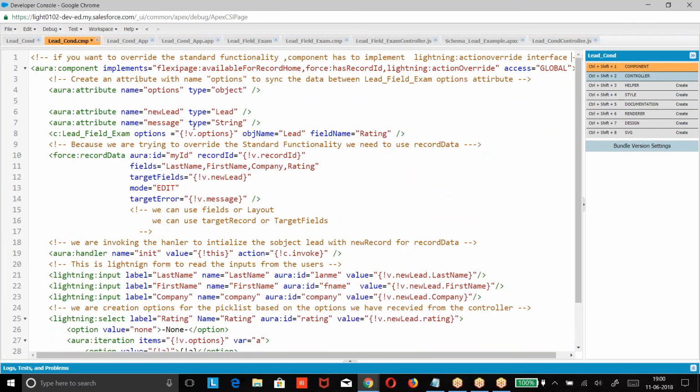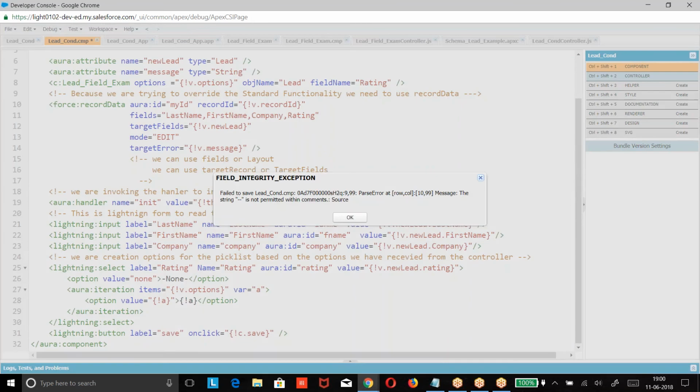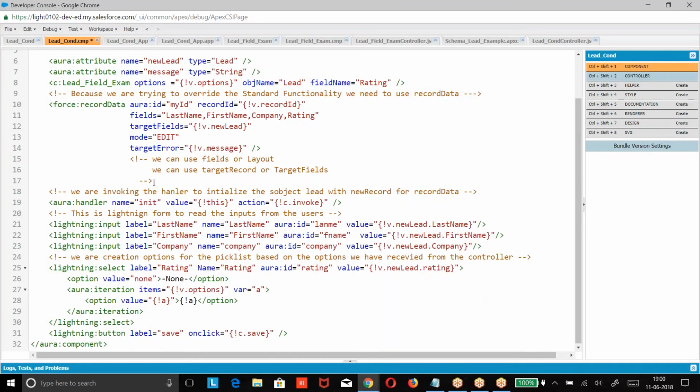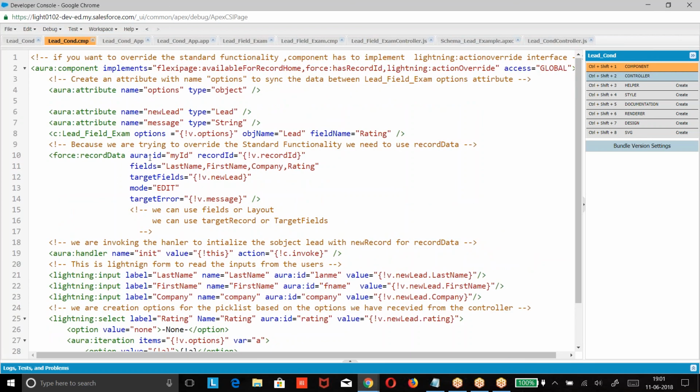Anyway, I have given an extra slash in a comment. Let me see it. Look, somewhere comments have given an extra line, line number 9. Yeah. Fine, boss. So this is the functionality of overriding.